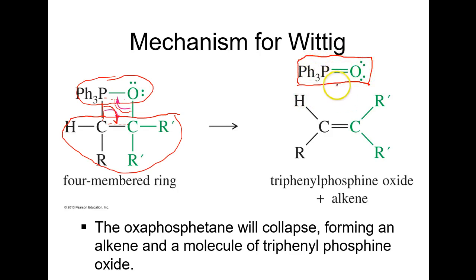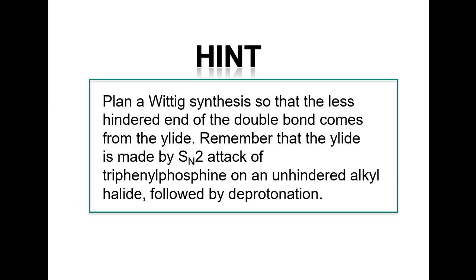There's a lot of waste in this reaction. That's one of the downfalls, but it is an extremely good reaction. So the oxaphosphatane will collapse, forming an alkene and a molecule of triphenylphosphine oxide. Here are some hints. The publisher does this. I kind of like them. If you plan a Wittig synthesis,